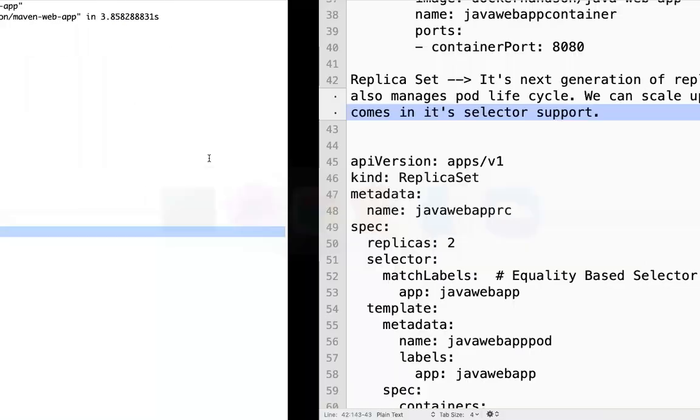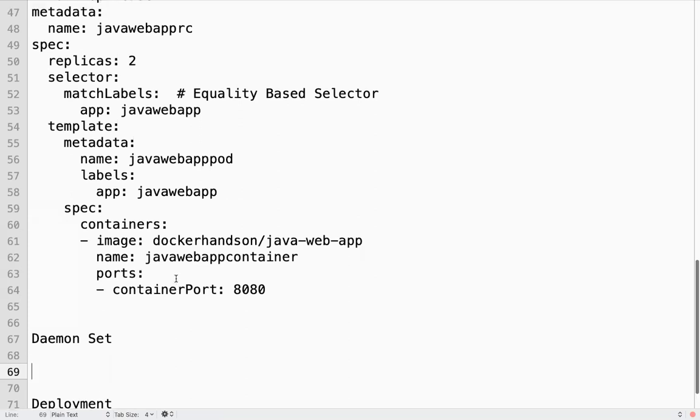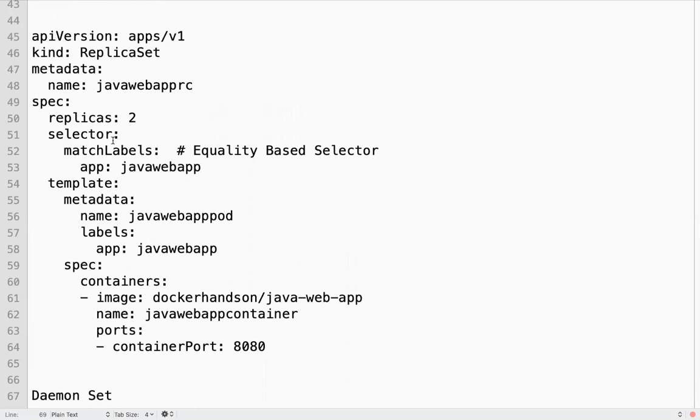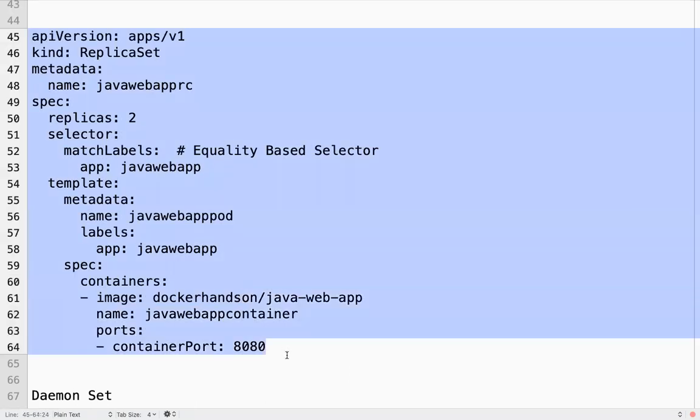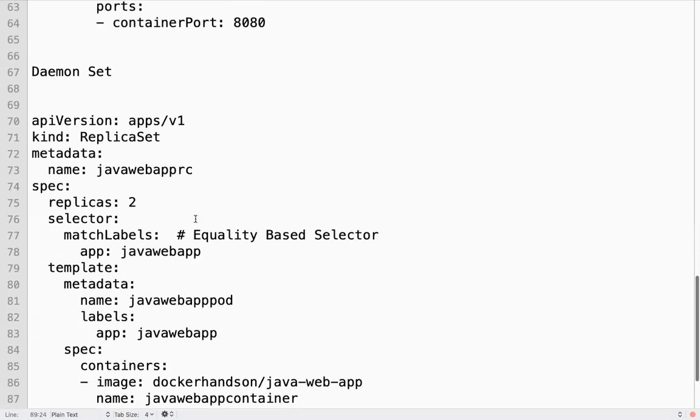So we have one more Kubernetes object called daemon set. What is the difference between replica set and daemon set? I can create a daemon set. The manifest looks exactly the same as this.